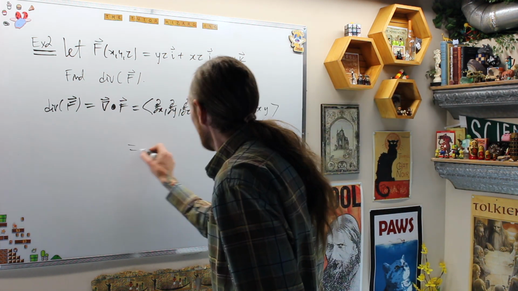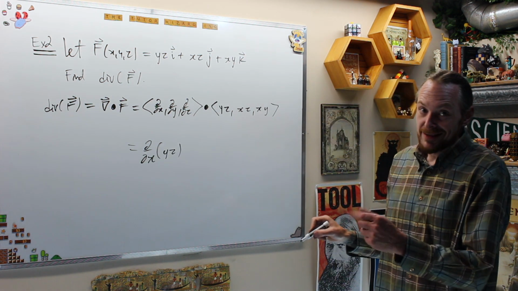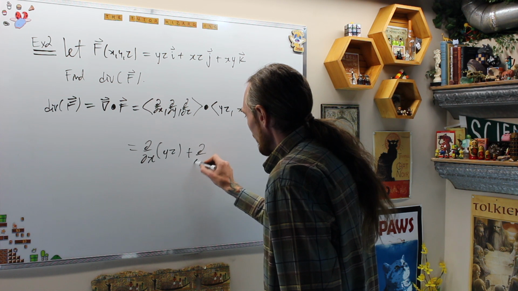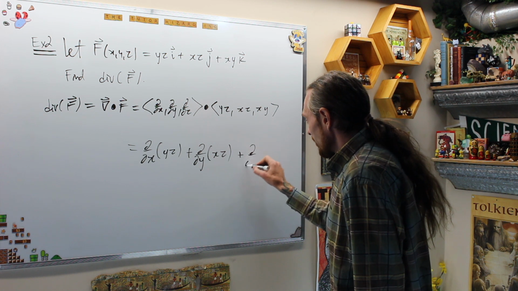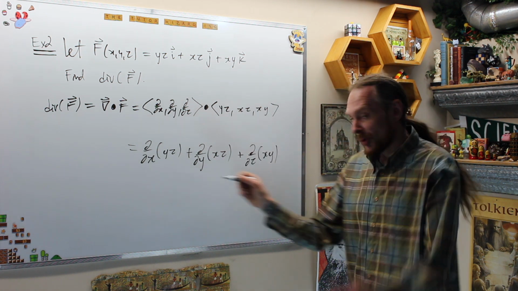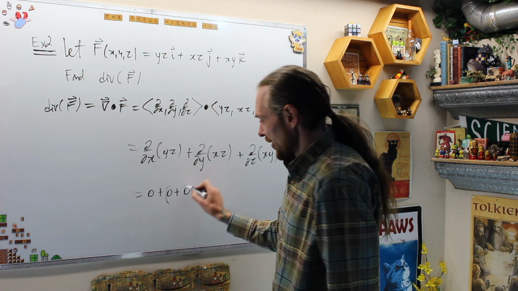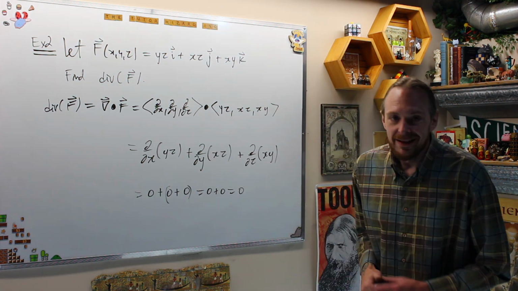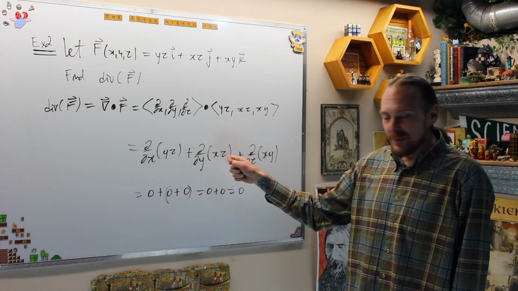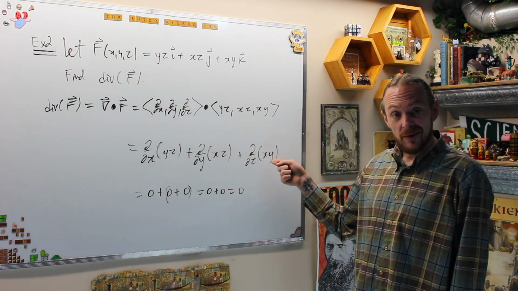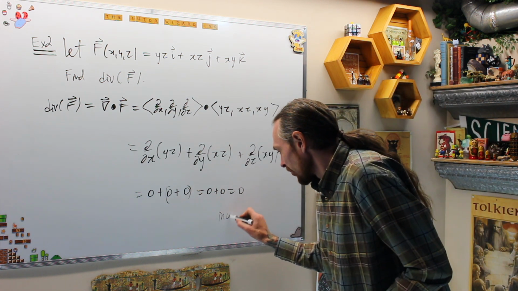But this gives us the partial of x with respect to yz, a function entirely of y and z only, plus the partial with respect to y of a function of x and z only, and then plus the partial with respect to z of a function of x and y only, which is 0 plus 0 plus 0, which is by associativity 0 plus 0, which is 0. Therefore, if you have a function where p is a function of only y and z, and q is a function of only x and z, and r is only a function of x and y, div will always be 0. This is incompressible